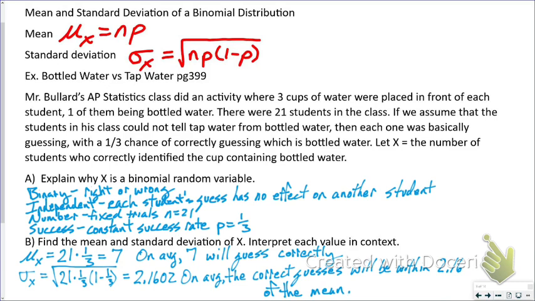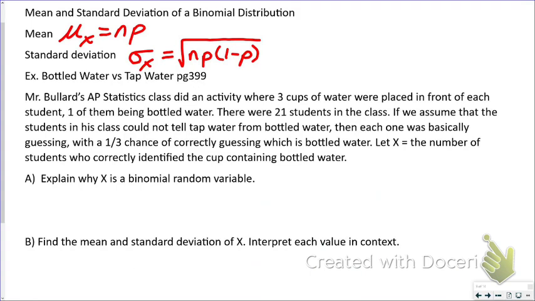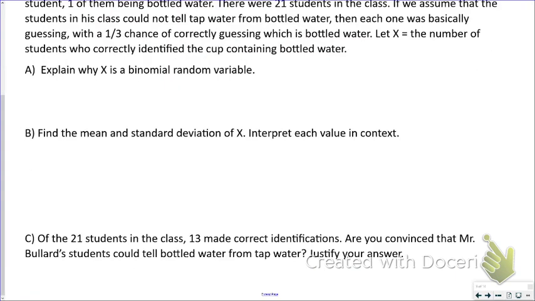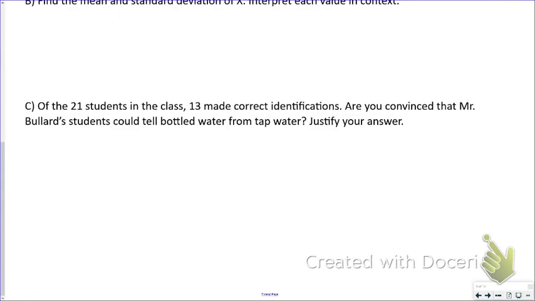I think there's one more question down here. And this is a hard concept right here. So no distribution characteristics change, still 21, still 1/3. And they see that 13, or they're curious, 13 made correct identifications. They're wondering if they're just guessing. So the way you approach this is you assume they guess,